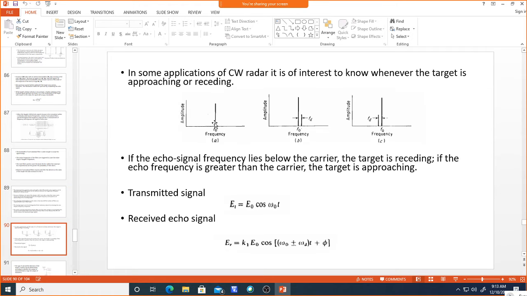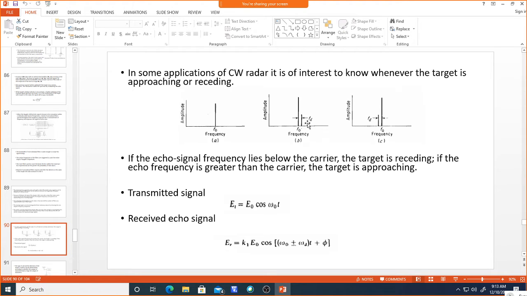Now we can see here, this is the reference frequency, this is f0 plus fd and this is f0 minus fd. The Doppler frequency component which we detected here will tell us whether it is a stationary target or a moving target. The reference frequency f0 is there, and if there is no change in the frequency of the target, then that is a stationary target. If there is any frequency change with respect to the reference frequency, whether plus or minus, then we can tell whether it is approaching or receding.